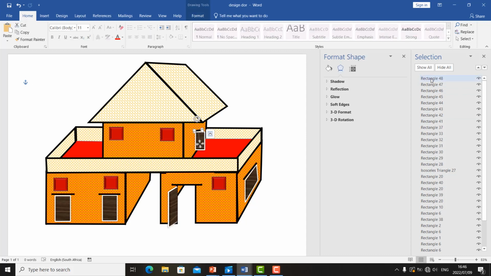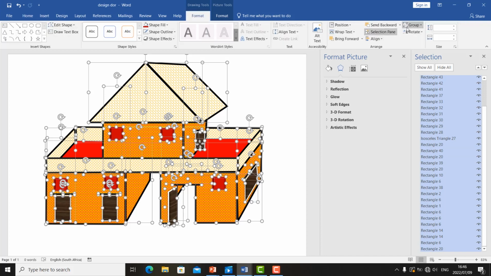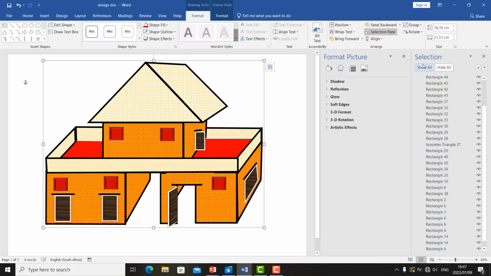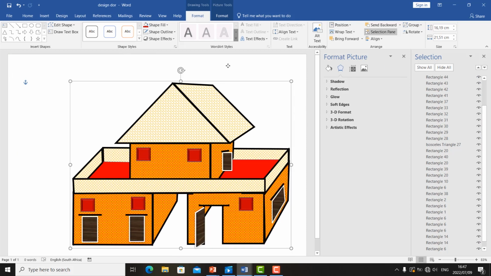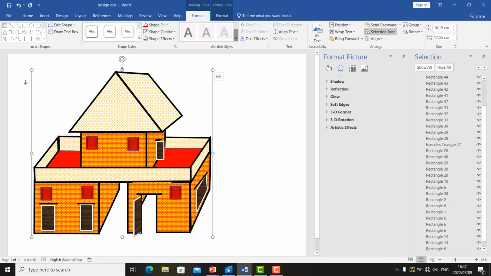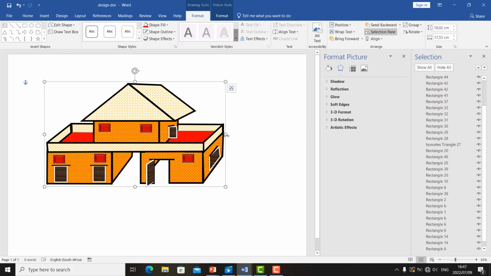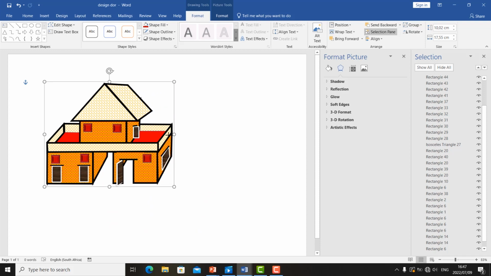So you come here, you press Control on your keyboard, and then you select everything, click one by one, all the shapes, one by one, until you make sure everything is selected. When you finish, you go to Format, and then go and group it. So what it does is you make it as one. You can see now I can control it, I can move it easily, I can minimize the size for my house, the height, everything will resize at the same view,